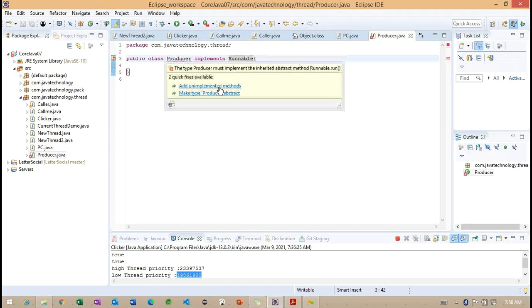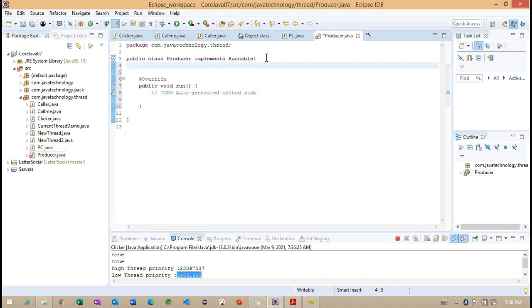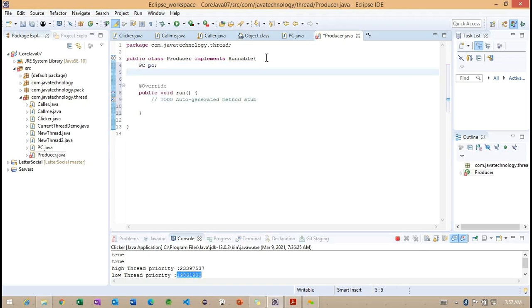Whenever a class implements the Runnable interface, we are already aware that we need to override the run method. Here I'm working with the PC class, the producer and consumer class.